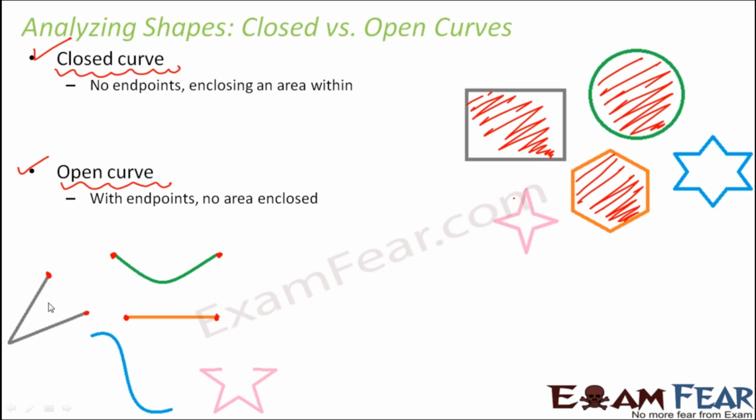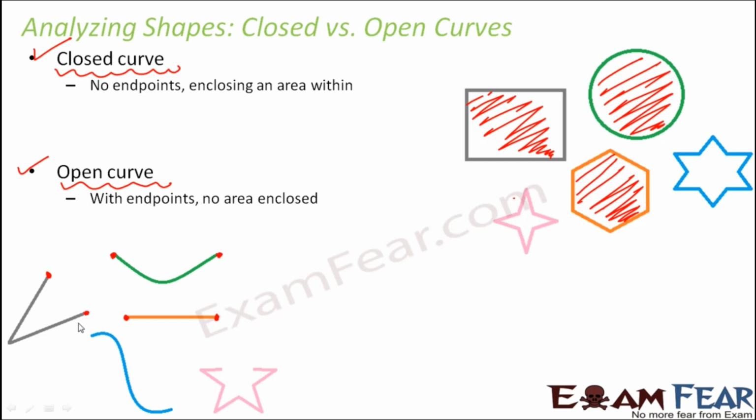Now, to enclose this area, there should have been another line segment here. And the moment we draw another line here, it becomes a closed curve. So it doesn't remain an open curve anymore. So this is how we can distinguish between the closed curves and the open curves. Now, when you look at so many varieties of shapes, you actually get to see a huge number of them, right? So looking at them, when you start analyzing, you come up with a lot of distinctions. So this was the first distinction.